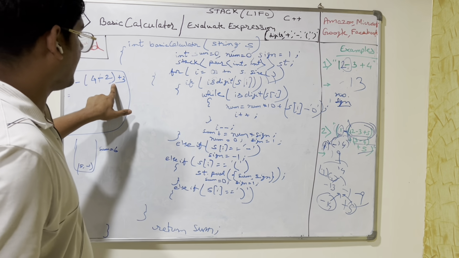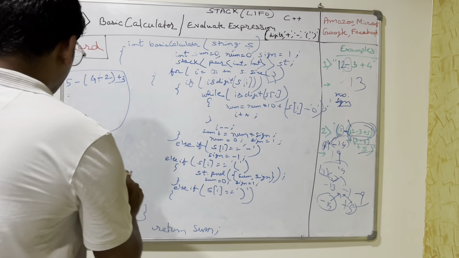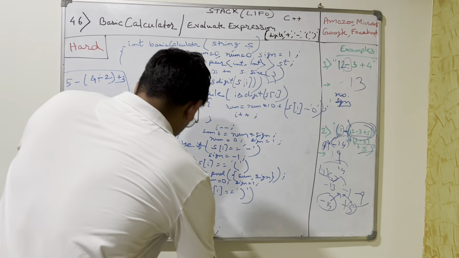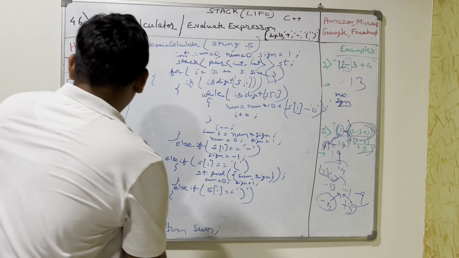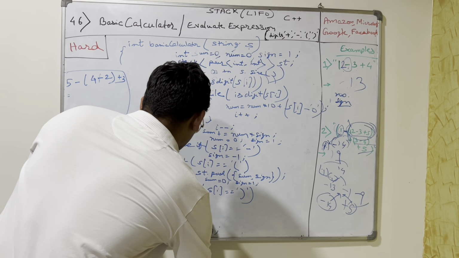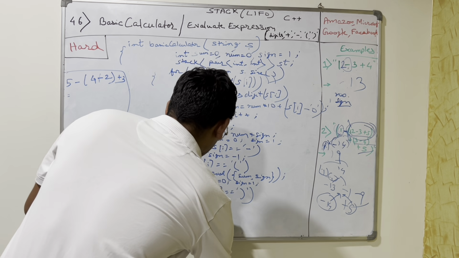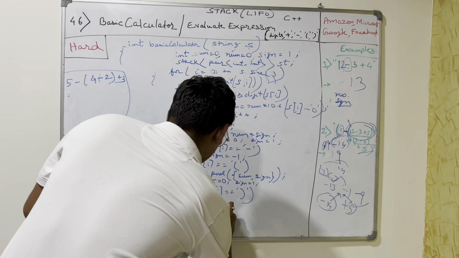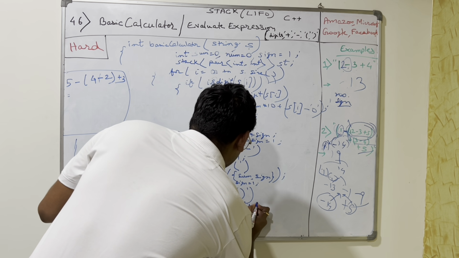Now we get this bracket. So what we will do over here, we have this sum and we have this value. So our new sum, what would be the new sum value? Okay, new sum would be sum equal to stack dot top dot first, that is 5,